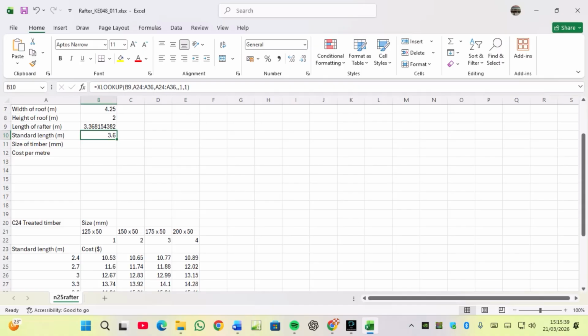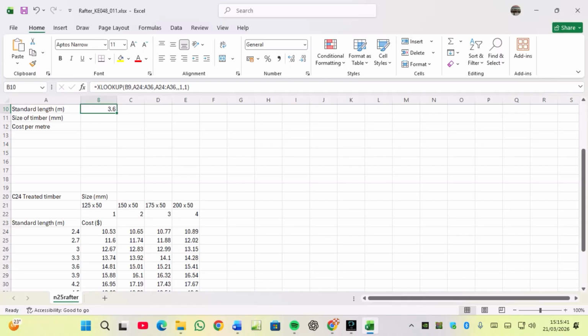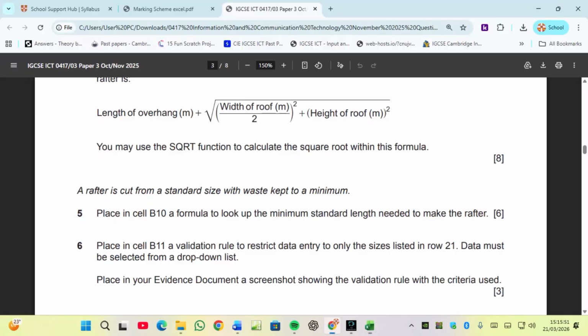So 3.3, if I reduce that number, it will be 3.7, but now the nearest was 3.6. So this is the standard length that is needed. The next question, after using the XLOOKUP, place a formula in bit 11, a validation rule to restrict data entry